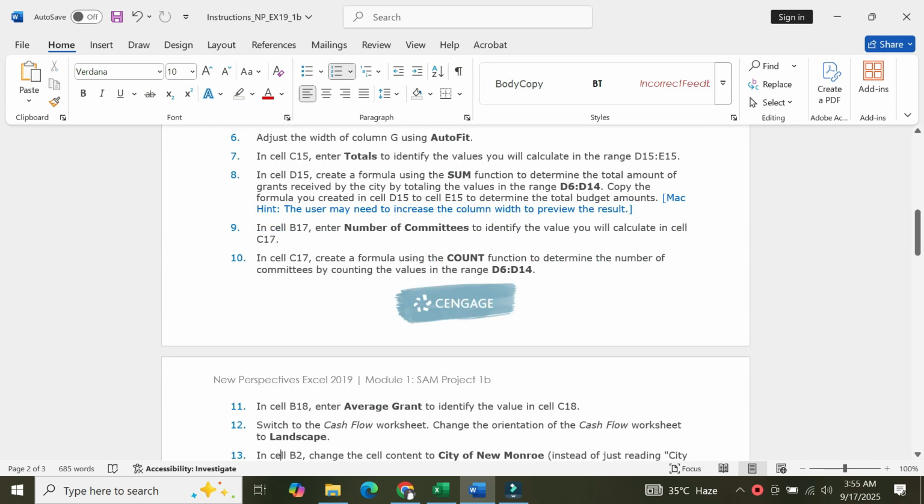Now question number 9. In cell B17, enter number of committees to identify the value you will calculate in cell C17. So simply we need to go to B17 and put the number of committees.